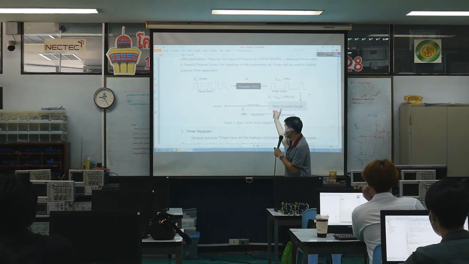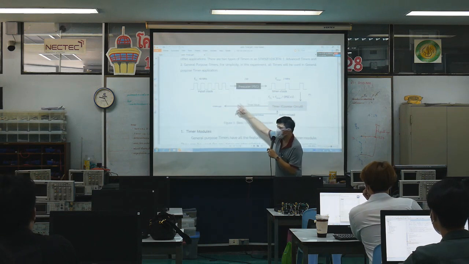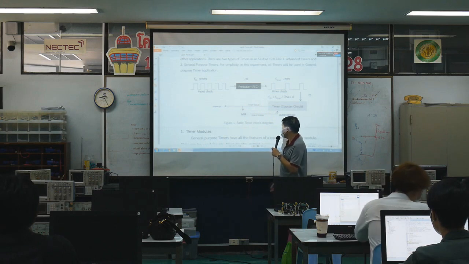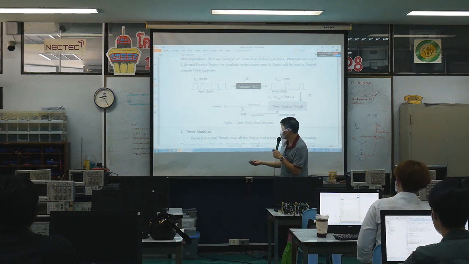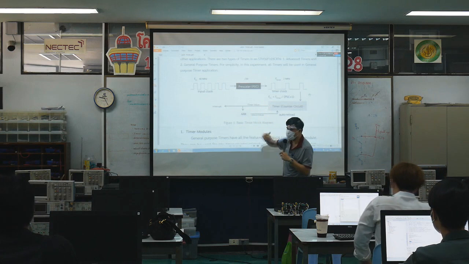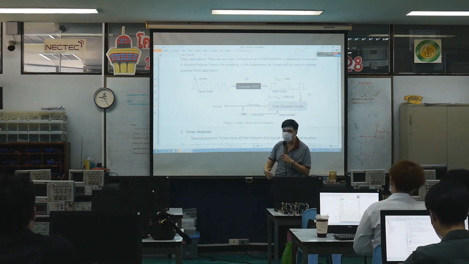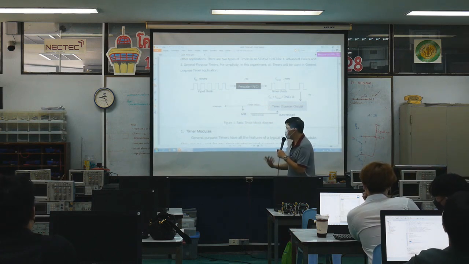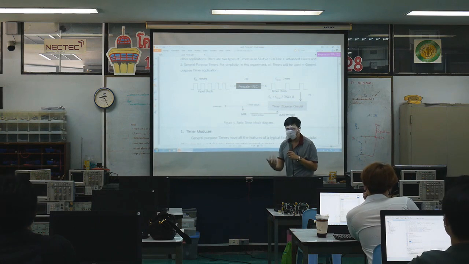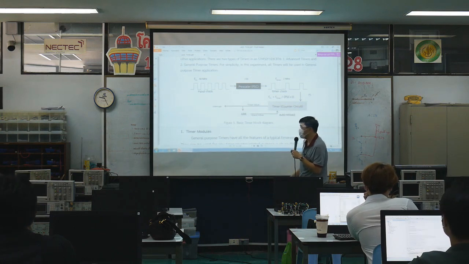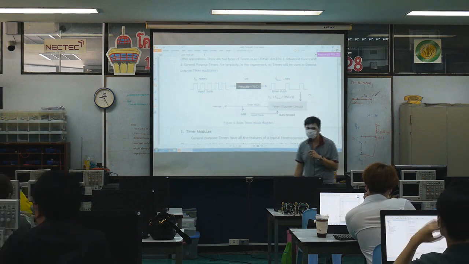Then a lot of things happen here. They will count the value up, right? And if your value is greater than some threshold, they will change the output. So in that mode, we call it output capture. And you can also make this timer an auto-reload timer. So what does it mean? It means